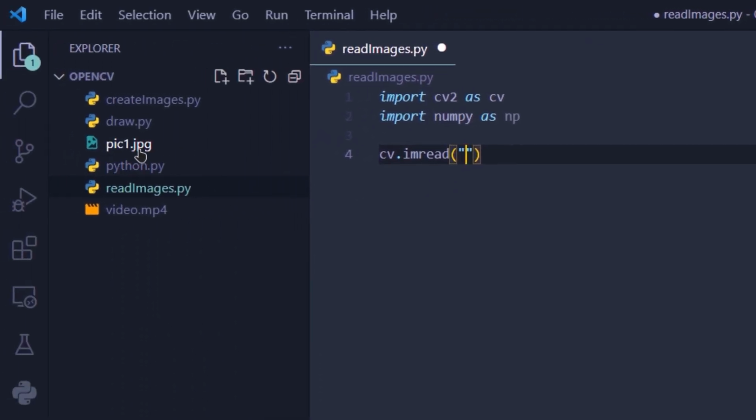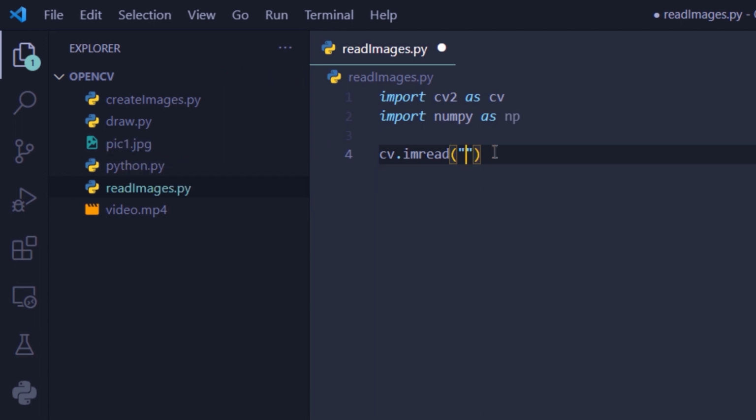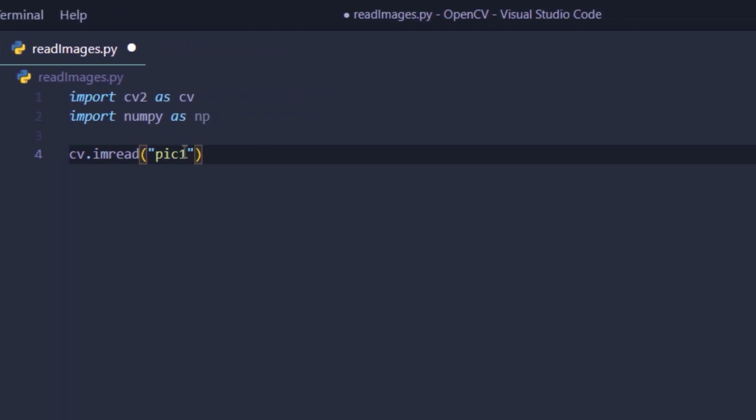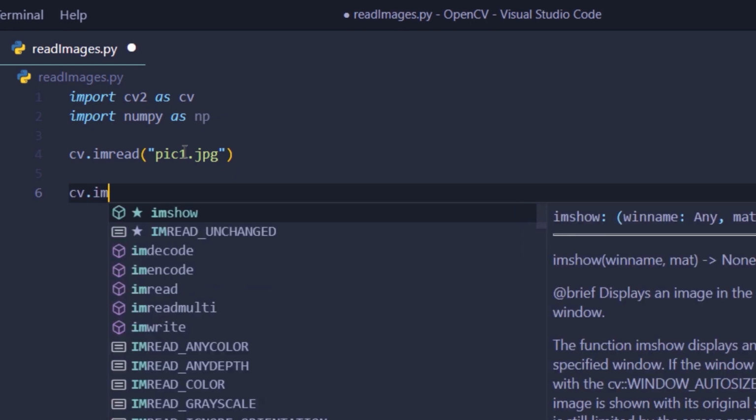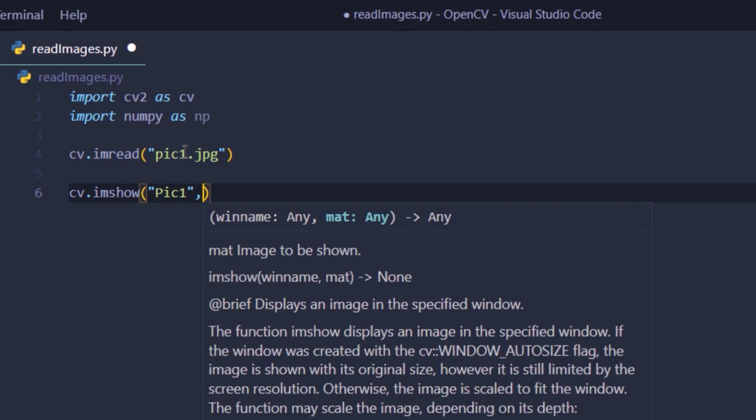After that, what we want to know is that there is a function in OpenCV which is the imread function. Now this function takes in a path for the image that you want to read. Now as you can see in the Explorer that I have this image as pic1.jpg. So I can either pass in the absolute path, but since this program is in the same directory as the image, I can simply type in pic1.jpg. After that, I can use the cv.imshow to display this image in a new window which I'm going to call pic1,